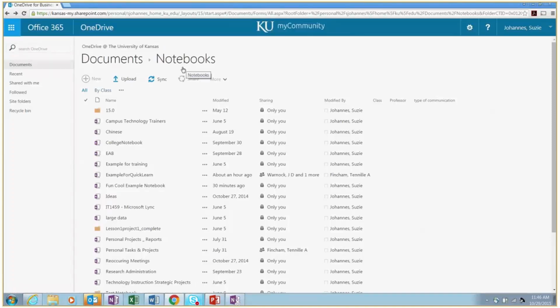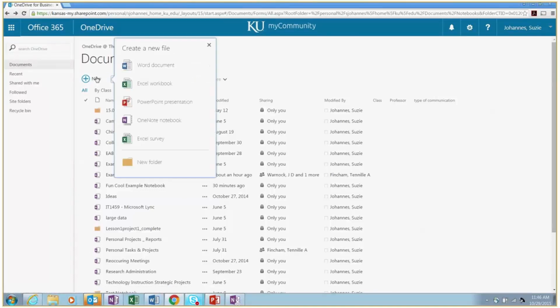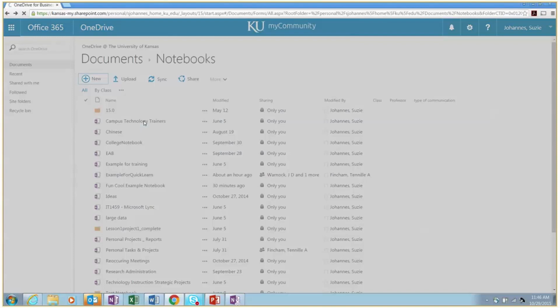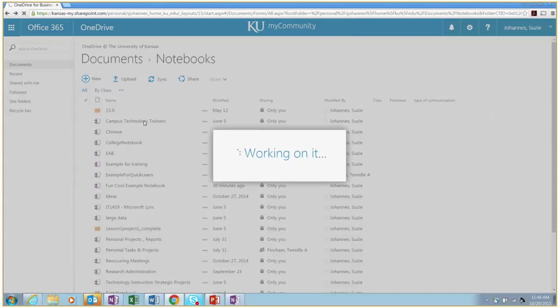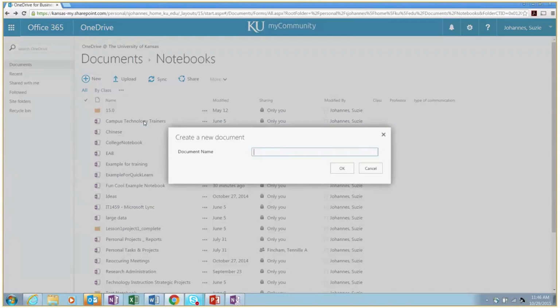So here in OneDrive, I'm in my notebooks folder. I can just say new OneNote notebook. It forces me to create a cool and unusual title. I'm doing that so I can remember which ones to delete.